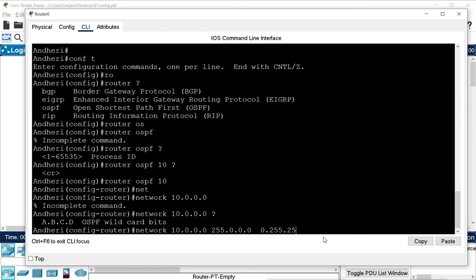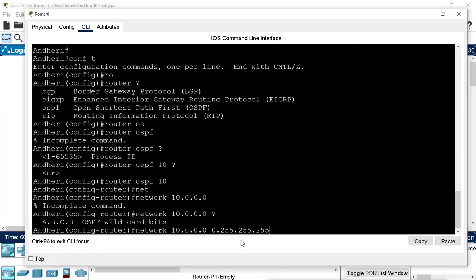So here we have all bits on, so we disable the bits, and here we have all the bits disabled, so we enable the bits, and this becomes the wildcard mask, or wildcard bit, of OSPF.